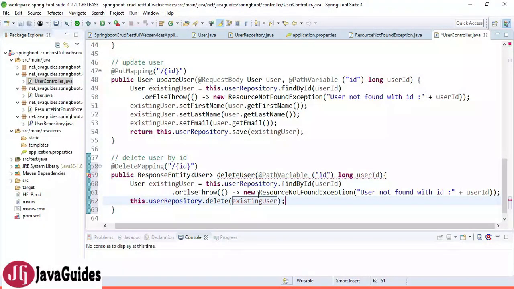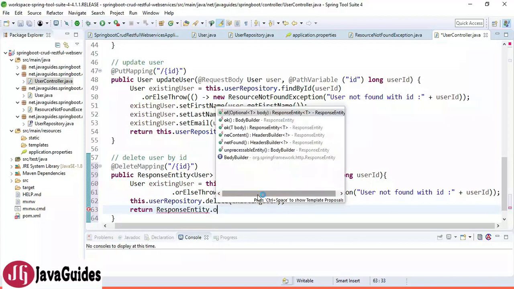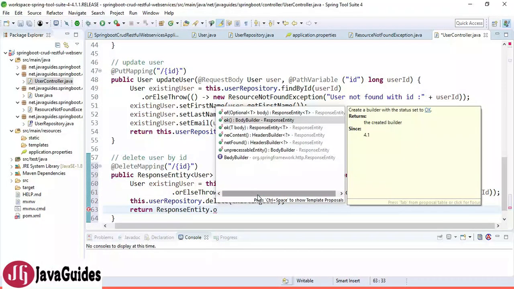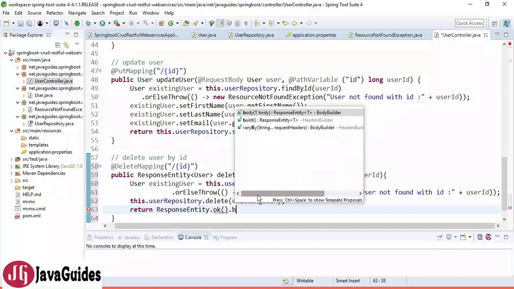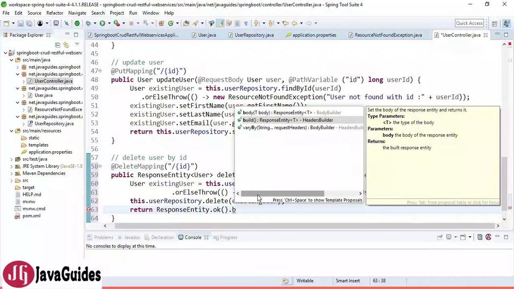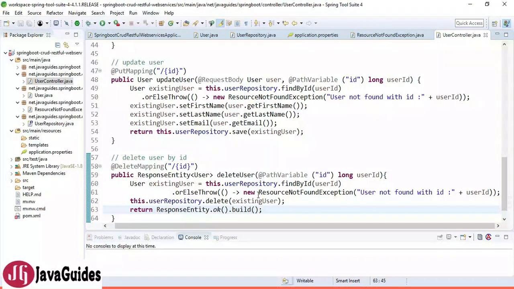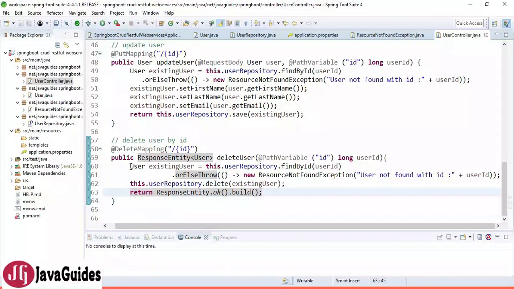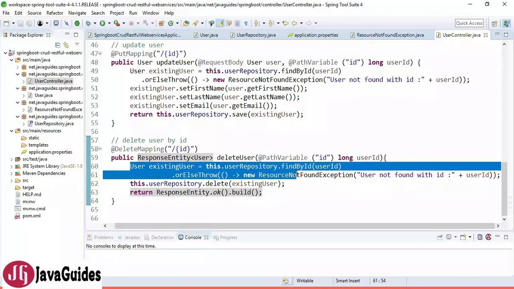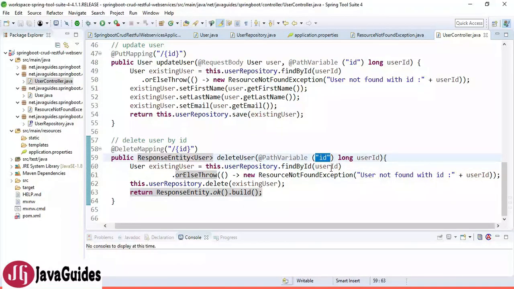And then I will return a response entity, and type is not required here. I am going to call ok, and then build. Okay, so this will return a 200 response. It's pretty simple, right? So what we have done, we have retrieved the existing user object by ID from the database, and we have deleted that object by calling the delete method. Pretty simple REST APIs.